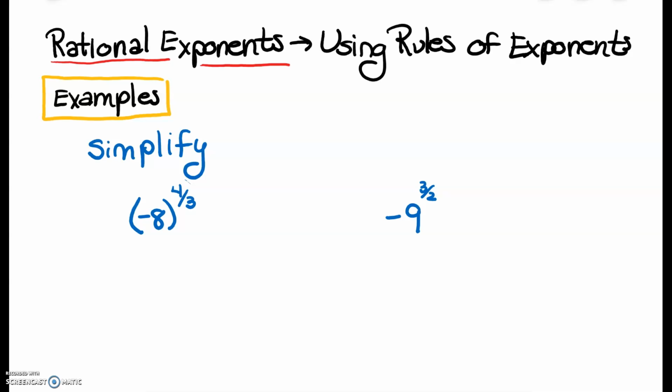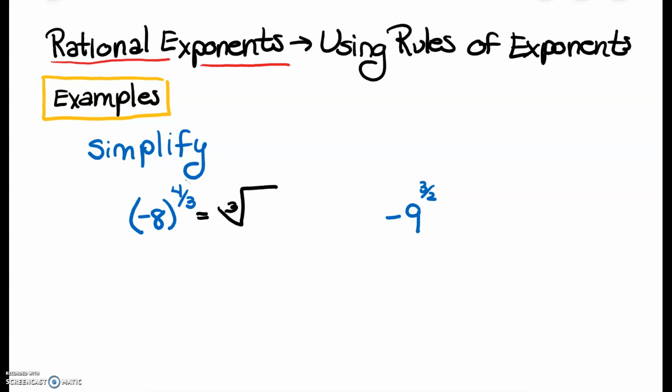Today we're going to look at using rational or your rules of exponents to simplify expressions that contain rational exponents. So first, let's go ahead and review what a rational exponent is. A rational exponent is just a way to rewrite the power and the index of the root that you are taking. So for instance, if we simplify -8 raised to the 4/3 power, that is the same as writing the